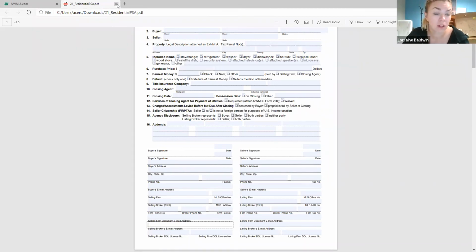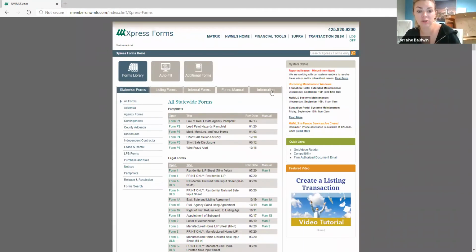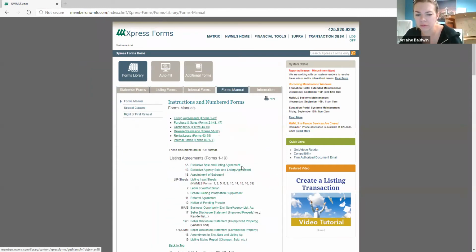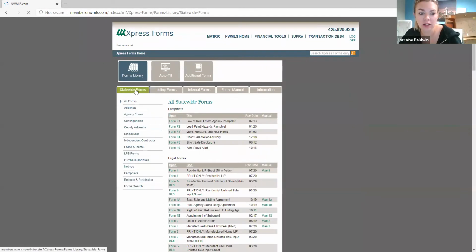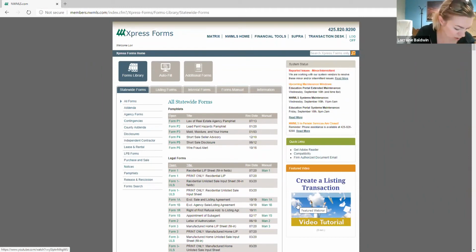Okay? So that was one of the things I really wanted to go over with everyone as far as finding the forms manuals. They're also right here, but I like using that page, the statewide forms, because then you can see the actual form and the manual. So next thing that I wanted to go over today,